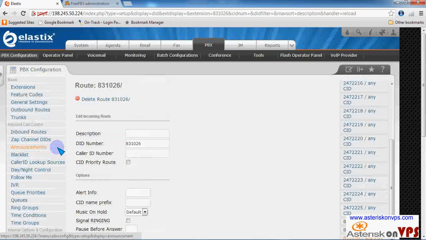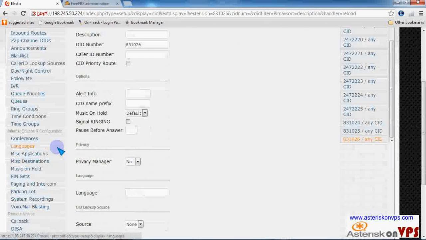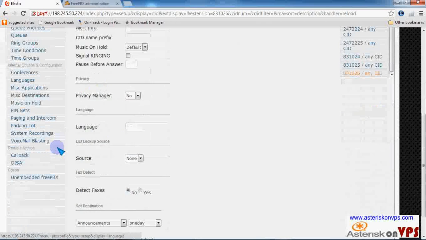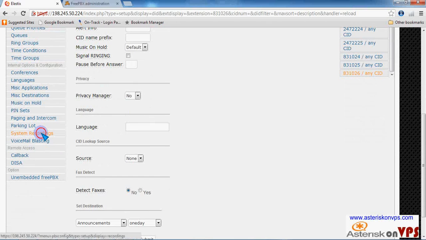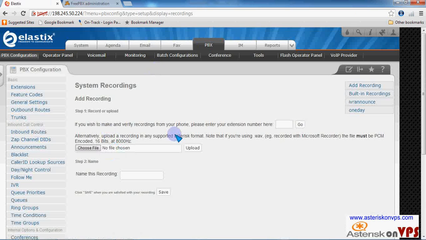Now I'm going to show you how to create the IVR or the announcement, the sound file that callers are going to listen to. Here is what I do. You go to system recordings. If you go to this panel, you will see it says, if you wish to make and verify recordings from your phone, please enter the extension number here. So if you want to record